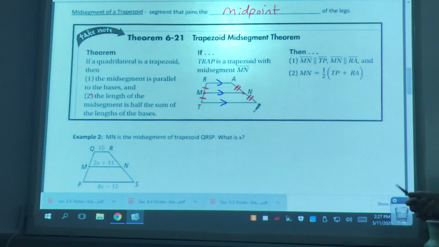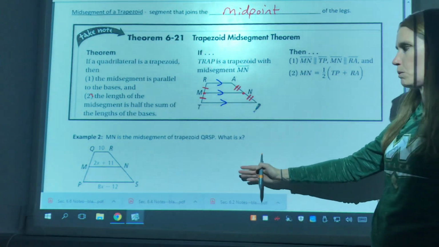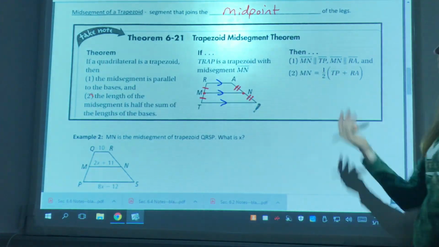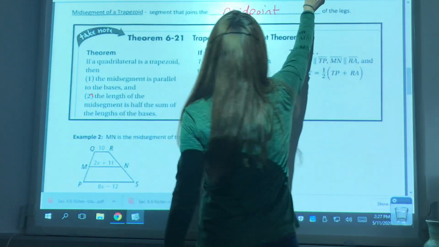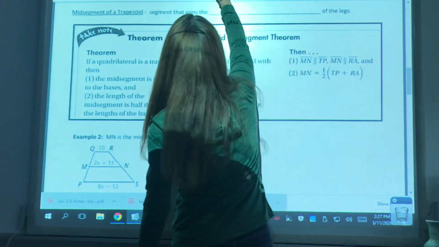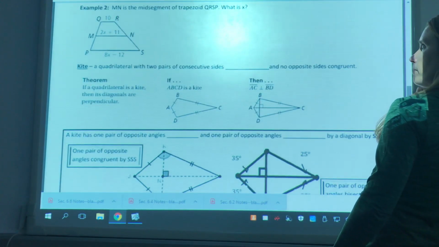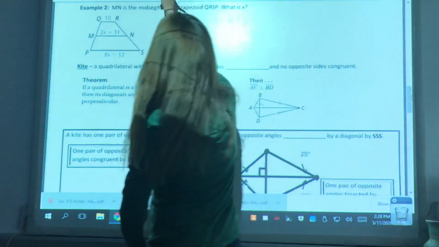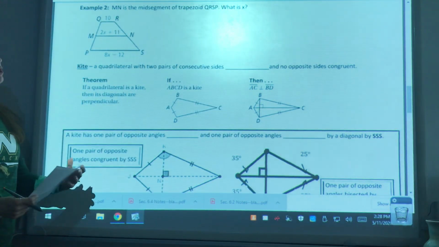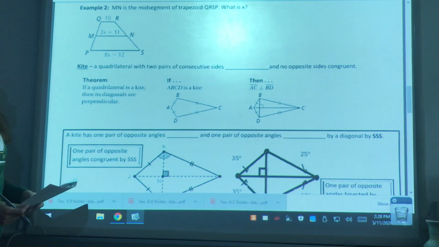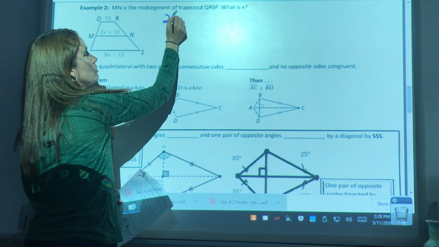Okay, so let me go and move this up to make sure we have plenty of room to do this one. But when we're doing this one, we're using this formula here. Let's get that moved up. On this one it says MN is the midsegment of trapezoid QRSP. What is x? So what we just said is that if MN is the midsegment, I'm going to write 2x plus 11,